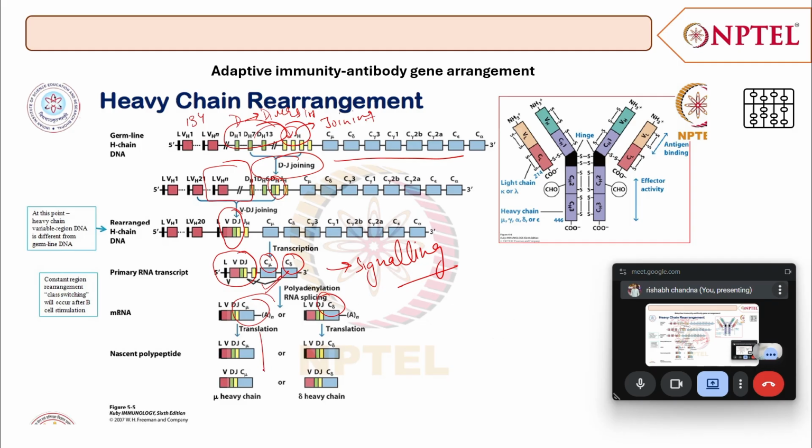So it forms the mu heavy chain, and this delta forms the delta heavy chain, and these are the first antibodies or the immunoglobulins that are attached to the membrane of the immune B cell. Okay, so this is what a mature B cell would look like after the heavy chain